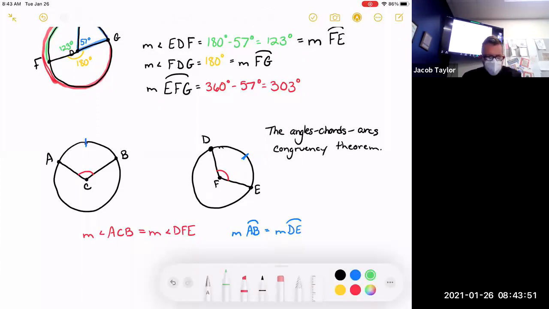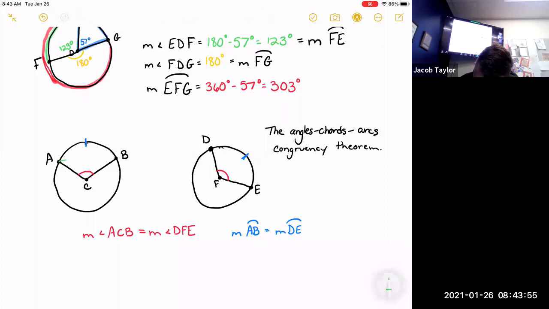And here's the chord part. Their chords are congruent. So if I were to draw a chord,